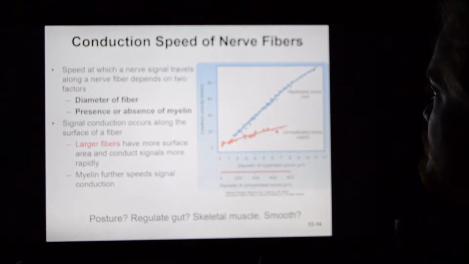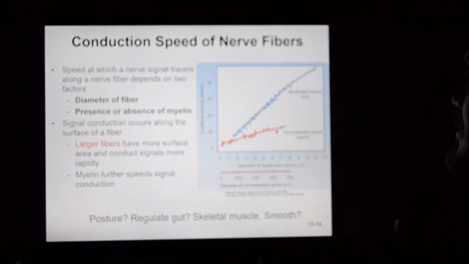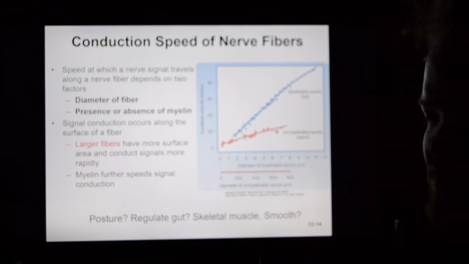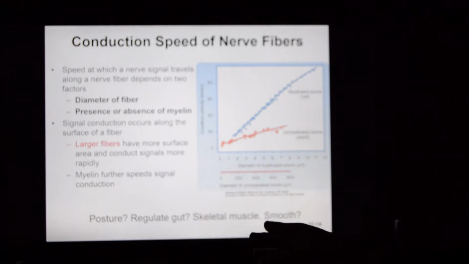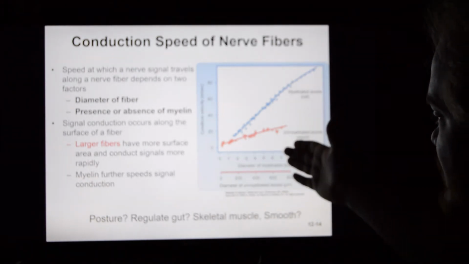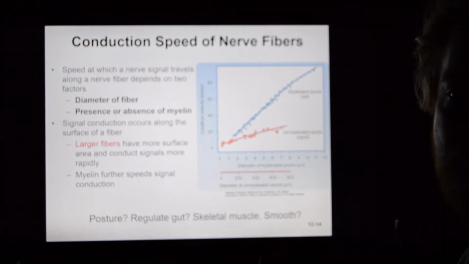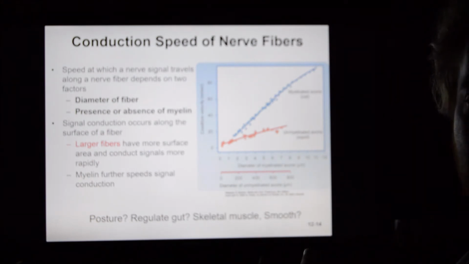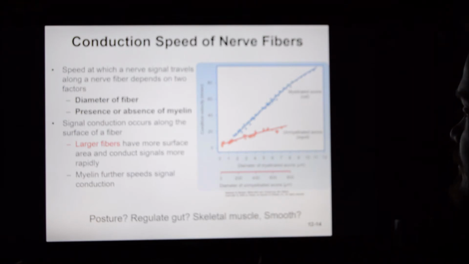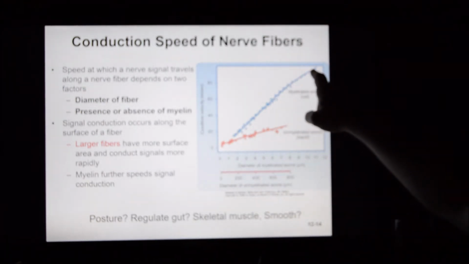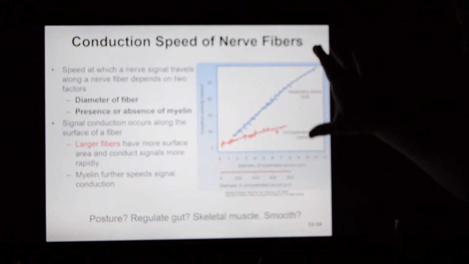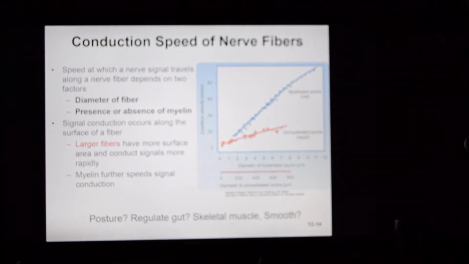So, conduction speed of a nerve fiber. There are two ways to make a nerve fiber conduct messages faster. One is to increase the diameter of the fiber. The bigger the fiber is, the faster it's going to conduct messages. Big fibers send messages quicker than small fibers. That's just how a nerve works. And then the best way to speed up the transmission speed of a nerve fiber is by putting myelin in place. If you've got myelin and it's bigger in diameter, it just really jets. It sends messages incredibly fast.